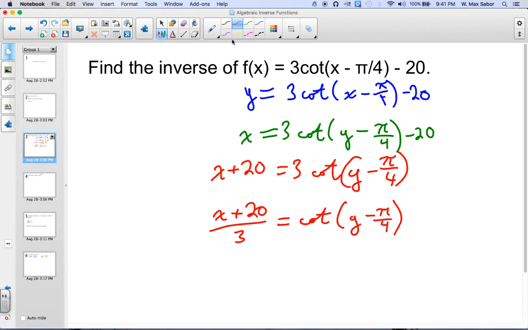This function isn't invertible until we restrict the domain, because if you remember, cotangent doesn't pass the horizontal line test. But you can force a function to pass the horizontal line test by restricting its domain. So we're going to take arc cotangent, or inverse cotangent,